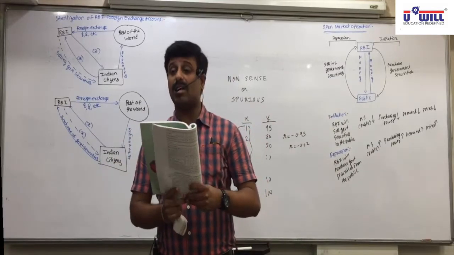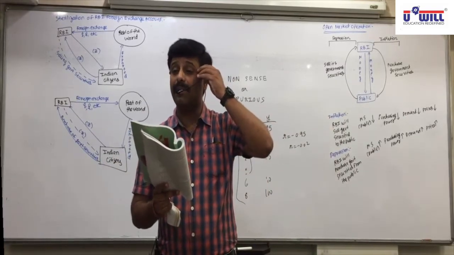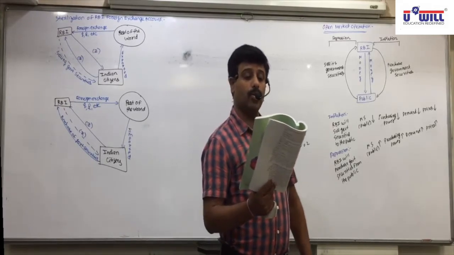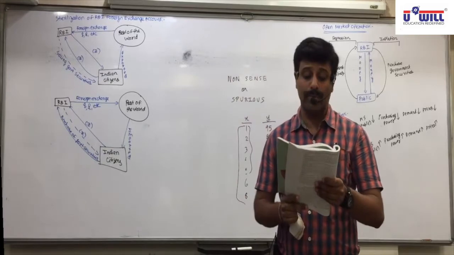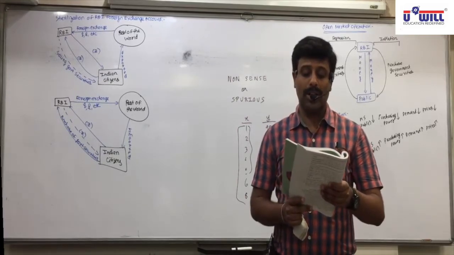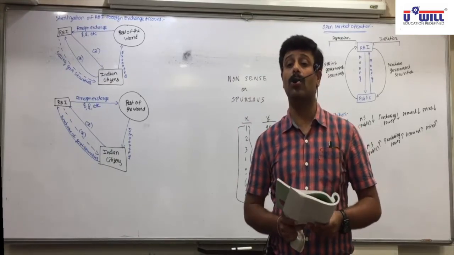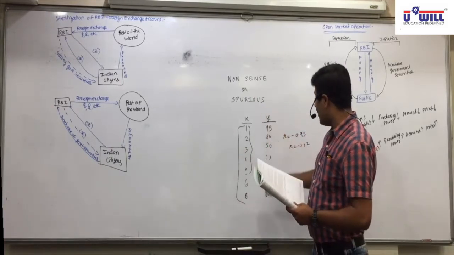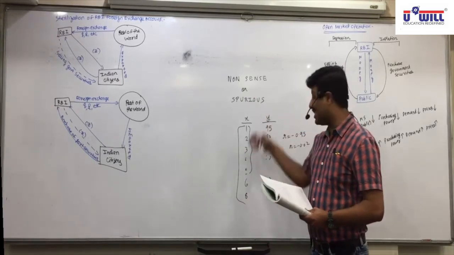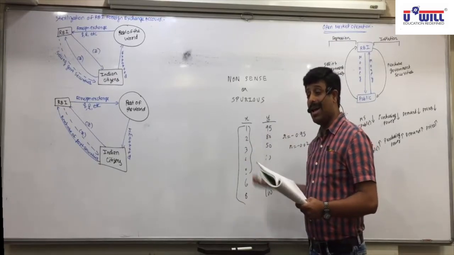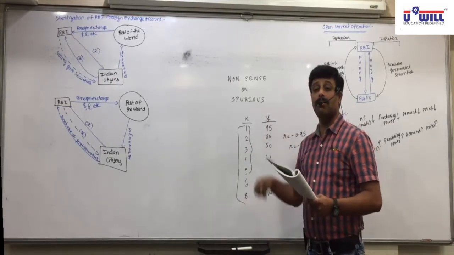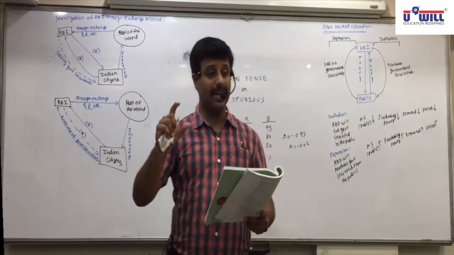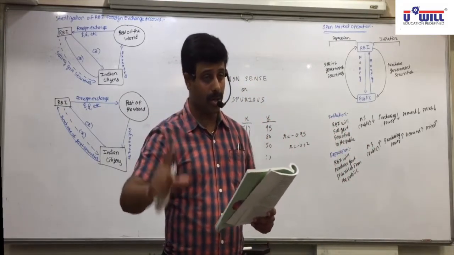Sometimes, due to the presence of other factors, the value of r between two given variables may be close to 1, though the two variables are not correlated. Just now as I explained, here you are getting a totally different answer. A person is studying for more marks and he is getting less marks, because a third factor is present. So you have to verify: are there any other factors present or not?